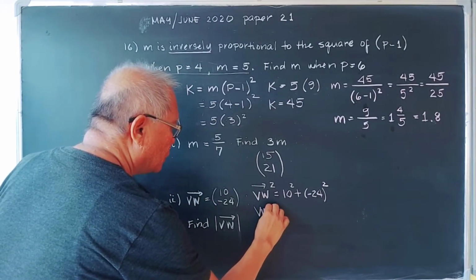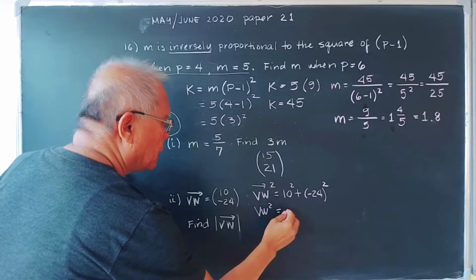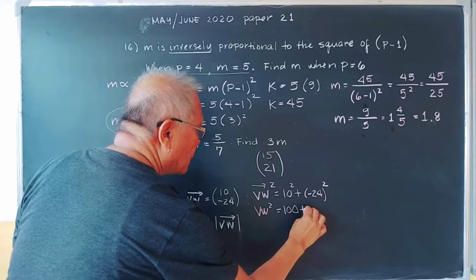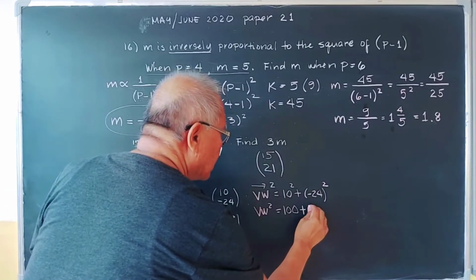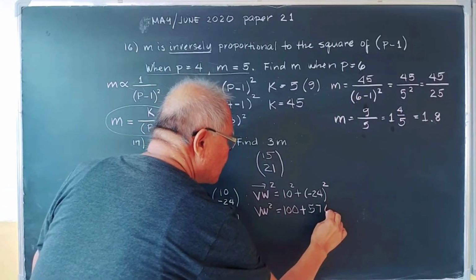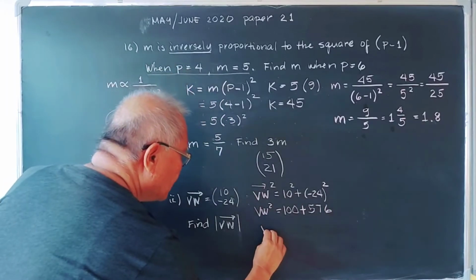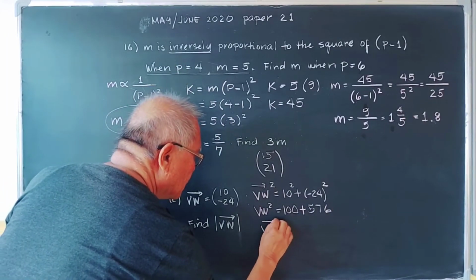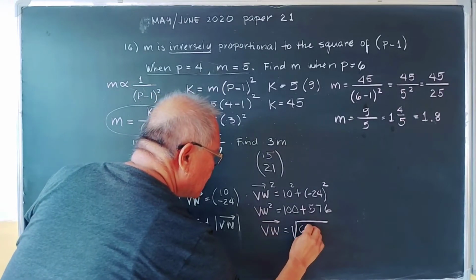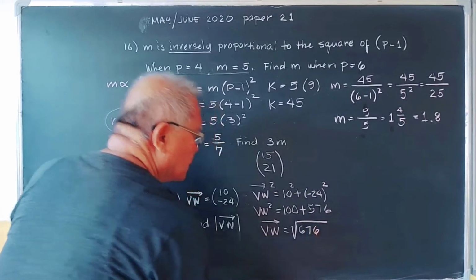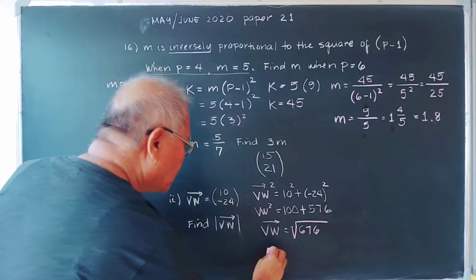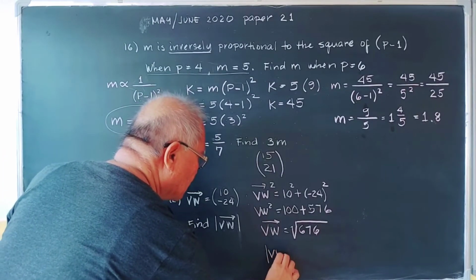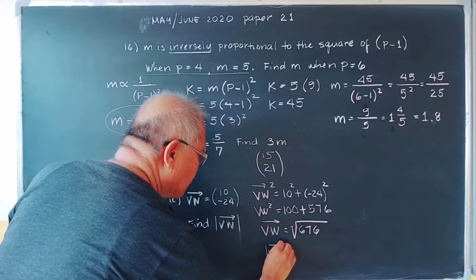VW is still squared, so we have 100 plus 576. VW squared here is 676, and take the square root, so we have the absolute value of vector VW